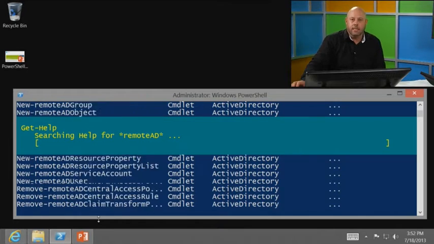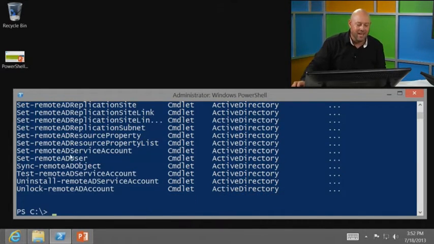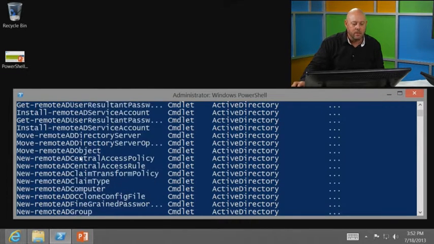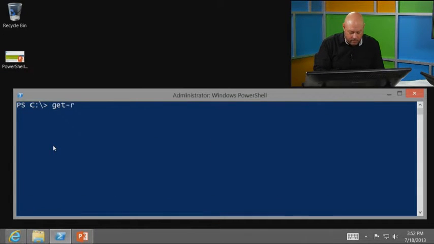Dudes, dudettes, ducessies. You see what's scrolling across my screen right now? Looks and smells like I suddenly have all these commandlets I just asked for. Look at all these Active Directory commandlets. Yes, they're prefixed with Remote, so I have these commandlets. As a matter of fact, I can do this. Watch: Get-RemoteADComputer -Filter